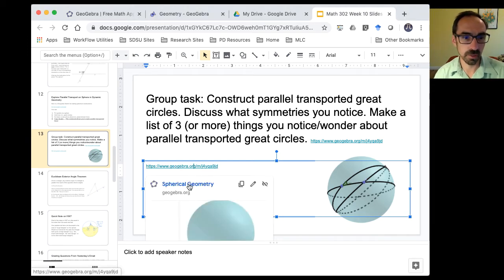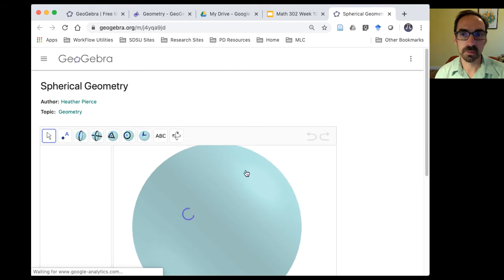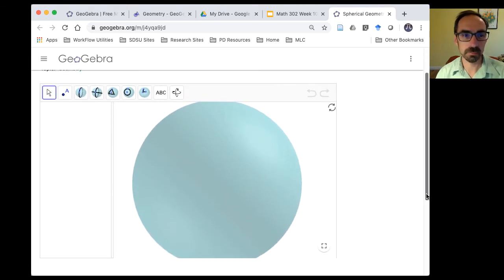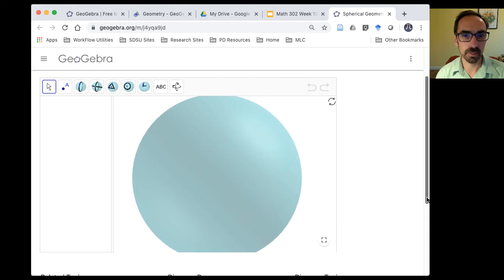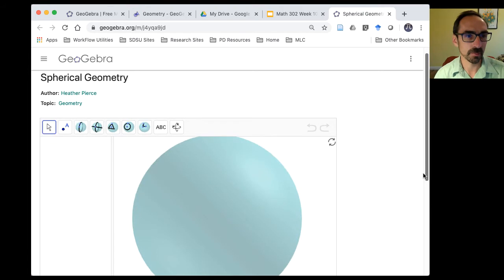I want to show how to use the spherical geometry app that we looked at in class. The spherical geometry app works much like GeoGebra did earlier. In fact, it's based on GeoGebra. Behind the scenes, the creator of this app, Heather Pierce, did quite a bit of programming to make